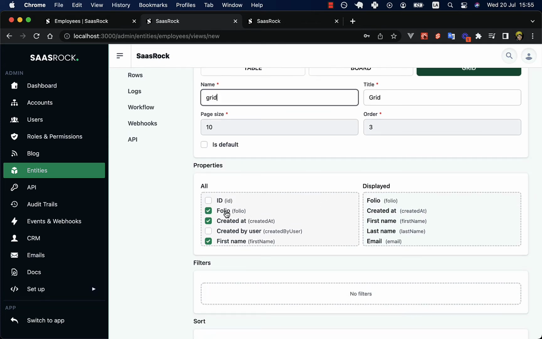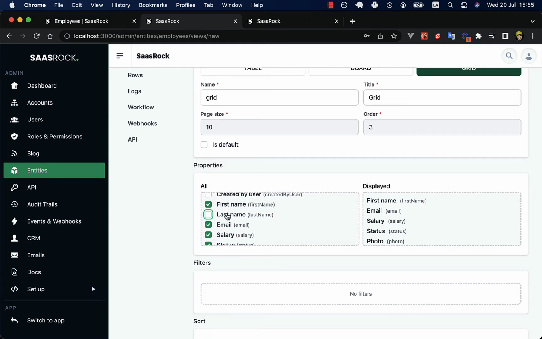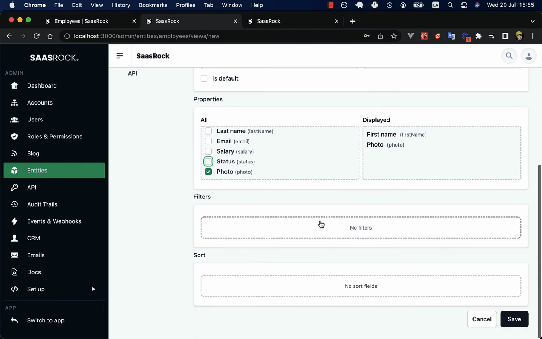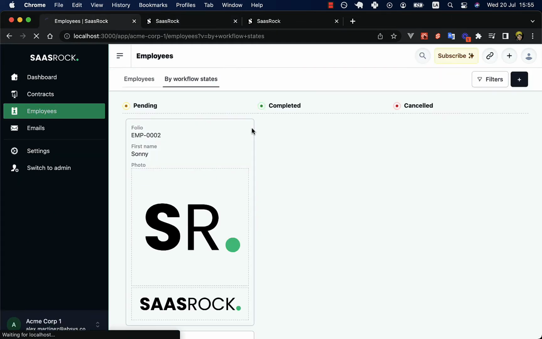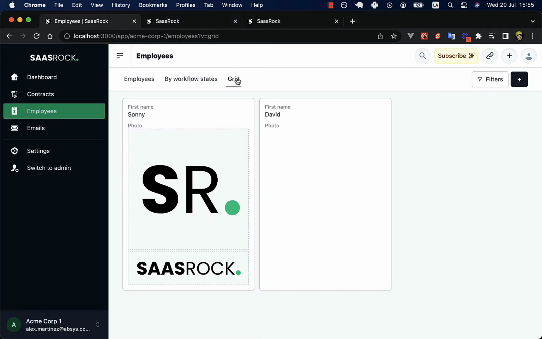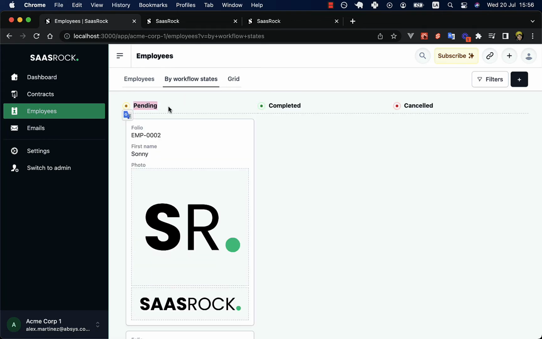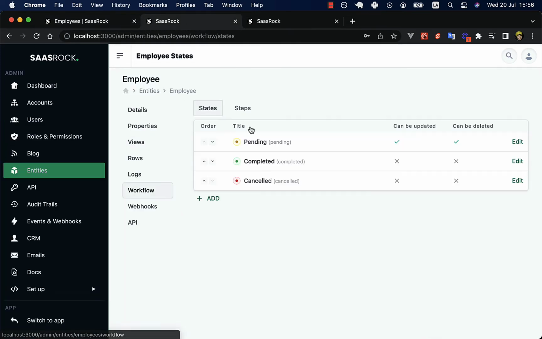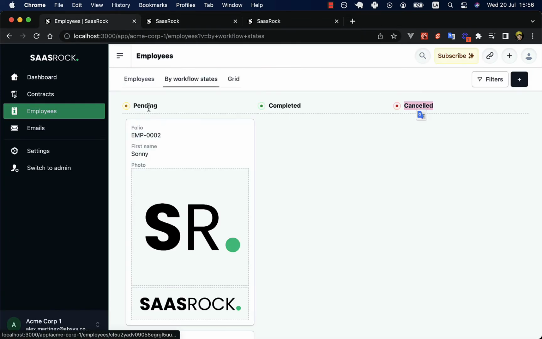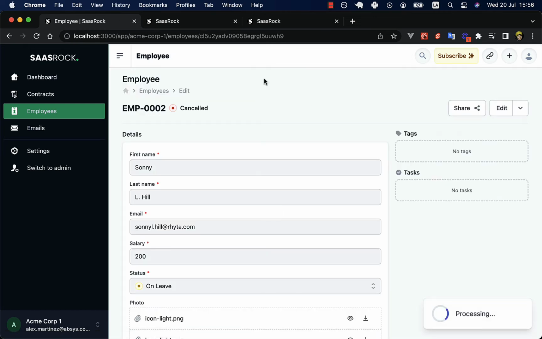And let's say that we want the first name and the photo. So let's click on grid, and here we have 2 cards, one of which has 2 images, and here we have grouped by pending, completed, and cancelled, meaning the workflow states. So let's switch this entity row to the cancelled state. Now let's go back,